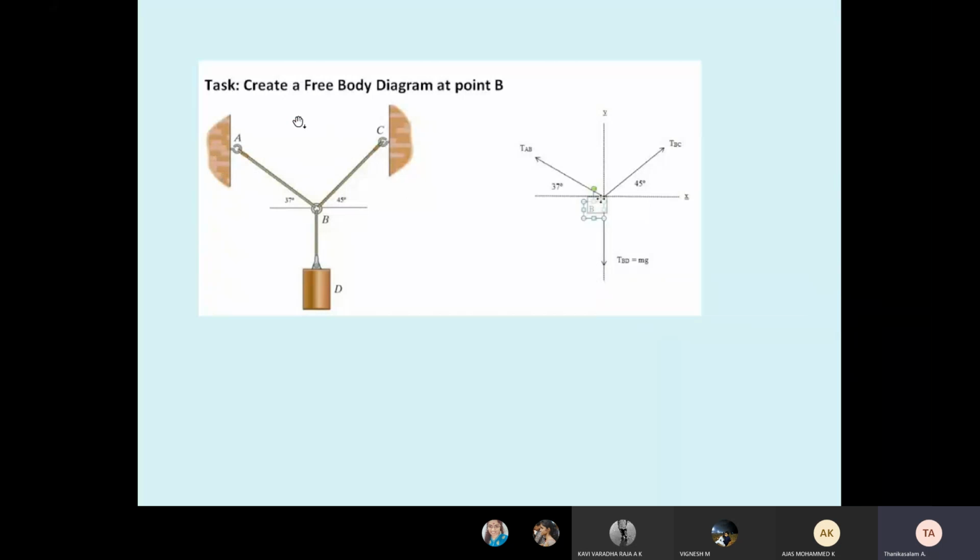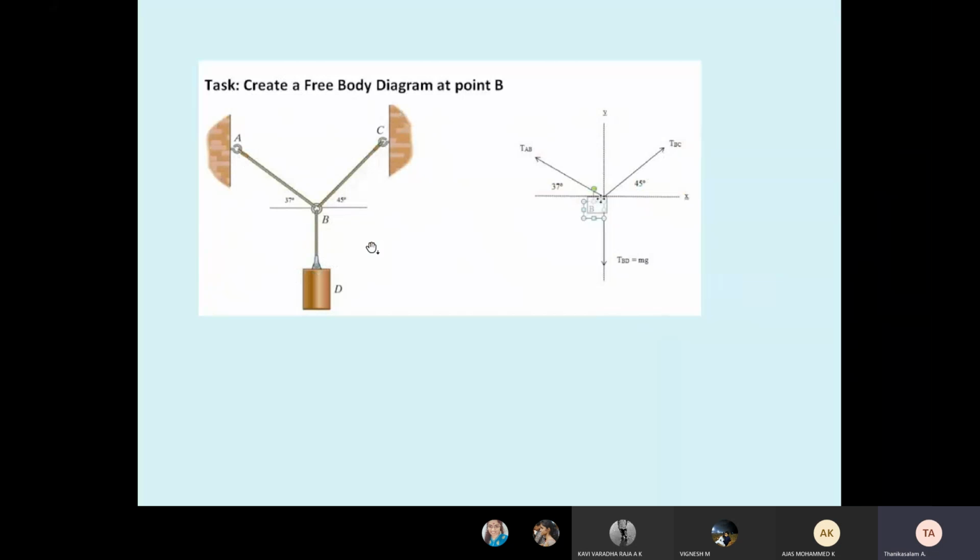So what is this diagram? This diagram is the space diagram. This is the first diagram, no? This is called a space diagram. This is called a free body diagram. So why are we drawing a free body diagram? Then only can we solve the problems. Students, then only we can solve the problems. This is called a free body diagram example. A free body diagram is a graphical representation of a body with forces, weight, reaction, tension, moment, couple, by removing supports. By removing the supports, what are the forces, weight, tension, moment, and couple acting on the body. That is called a free body diagram.